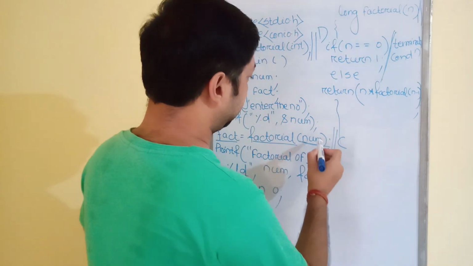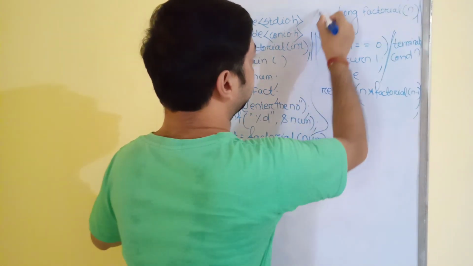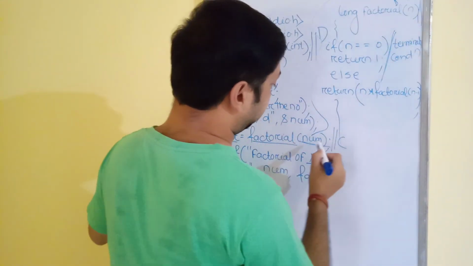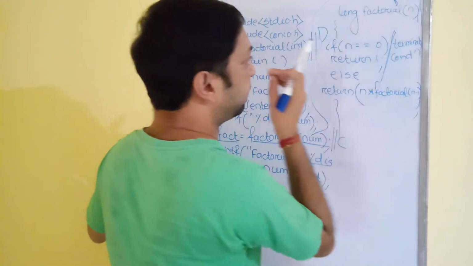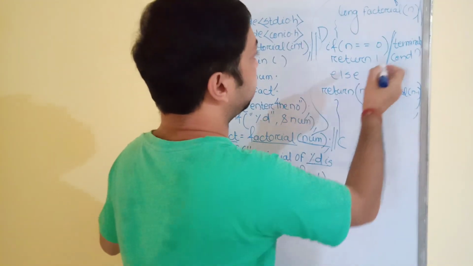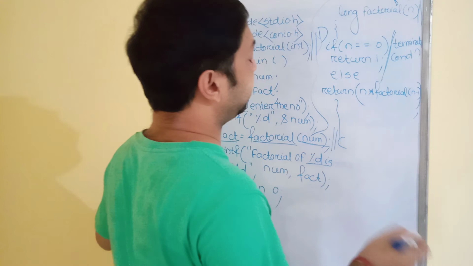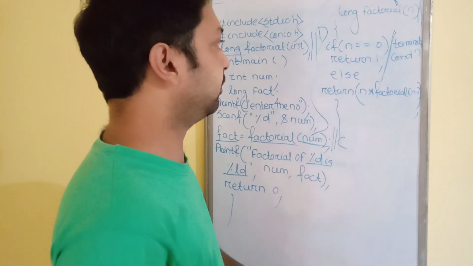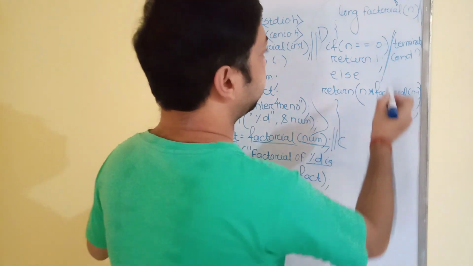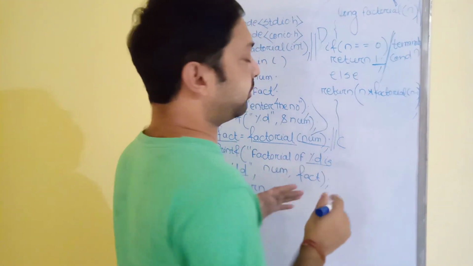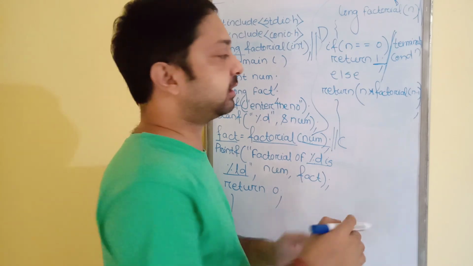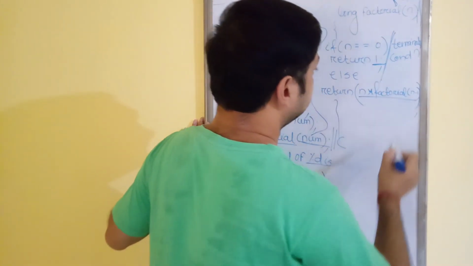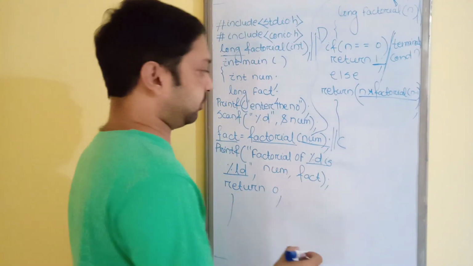Now you can see here, in the normal flow of execution, when there is a call to this one, the control will automatically pass to the definition. Now the num value is copied in n, because num is the actual argument and n is the formal argument. Inside that, you are putting the terminating condition. When we need to find the value of 0 factorial, no need to make any calculation, it will simply return 1, because we know that when the number is 0 or negative, it will simply return 1. Otherwise we need to apply this formula, that is n into factorial of n minus 1.